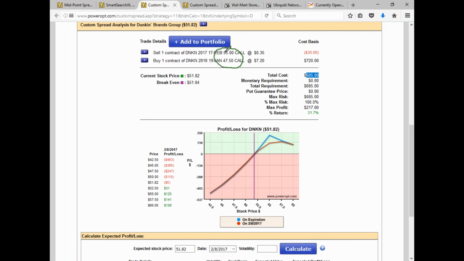I'd buy the 47.5, sell the 55, so I have a 750 strike difference. That's good. Okay, and why is that good? Because my debit's only 685. And with these spreads, you always want to make sure that your net debit is less than the difference in strike